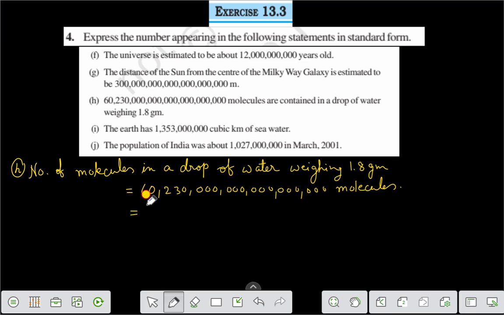Therefore it can be written as 6023 into 1. How many zeros are there? 16 molecules. Now it can be written as